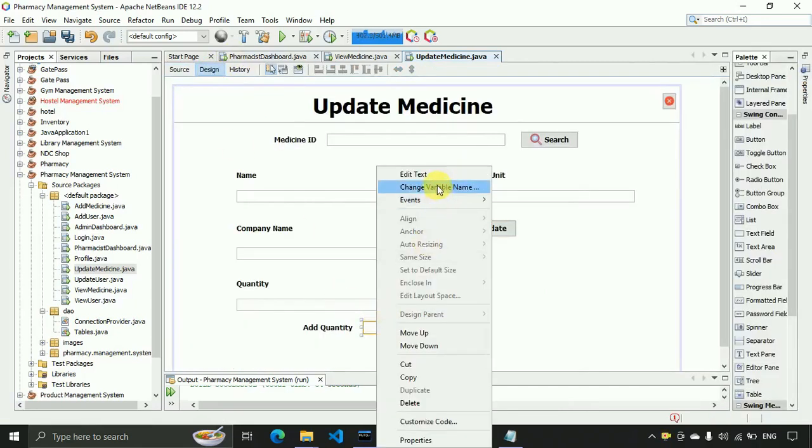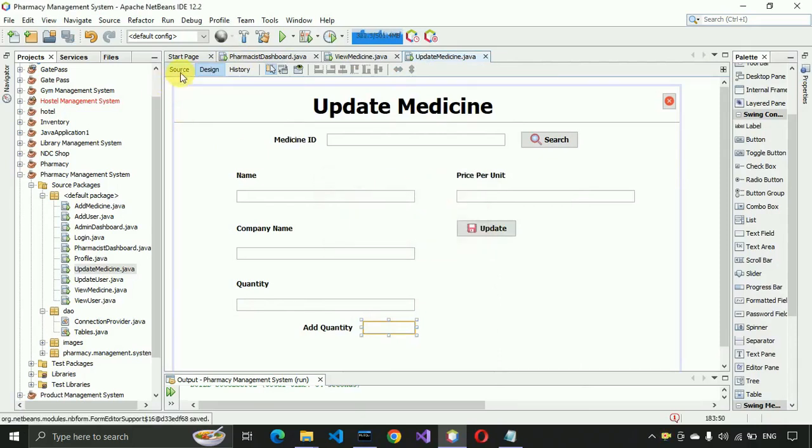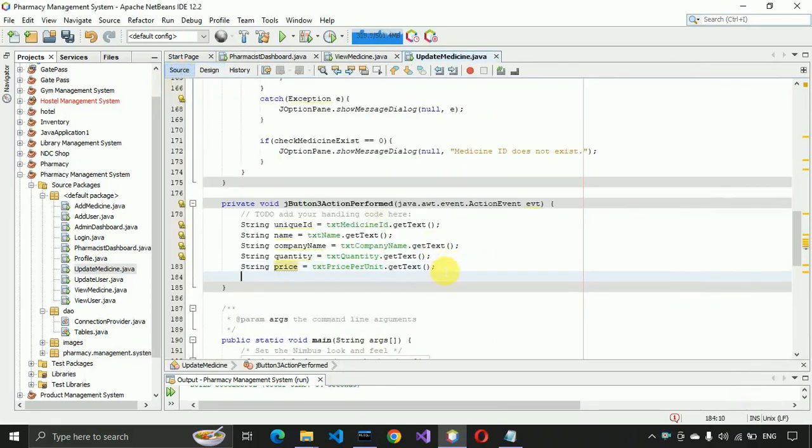So change the variable name of this one. So txt add quantity, we are going to rename this as, save this, get back to this place, and we will write String addQuantity, and here we write txtAddQuantity.getText,